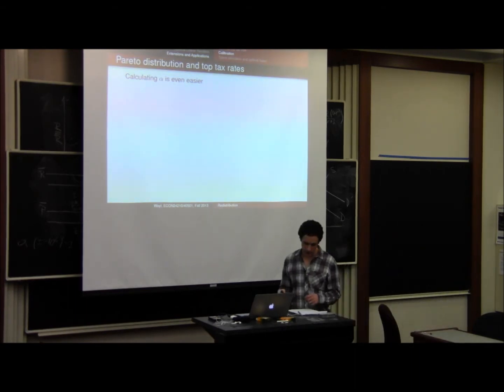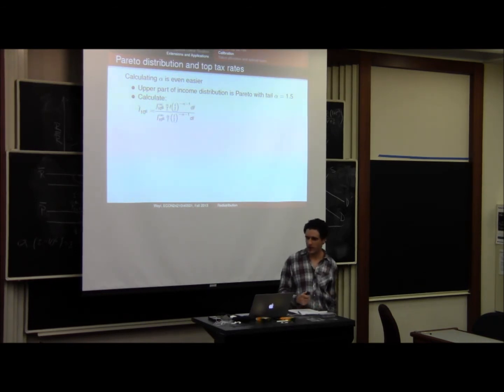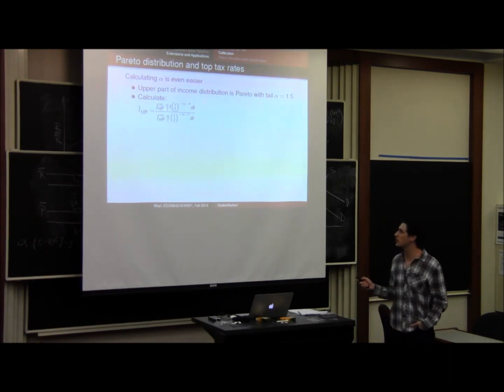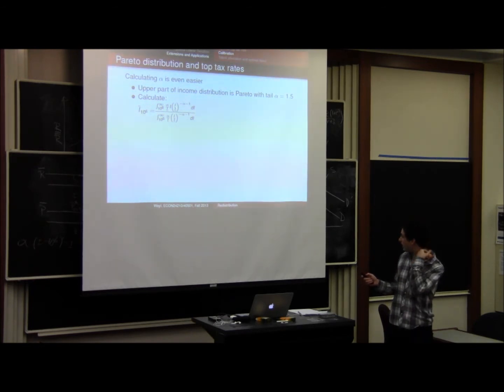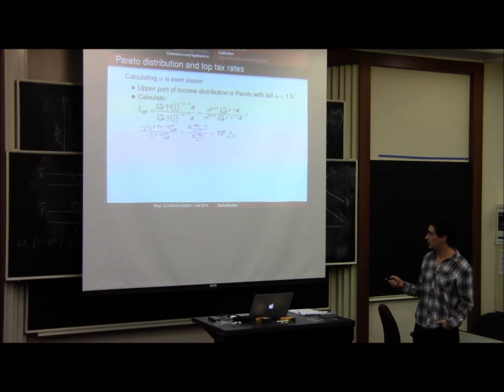Now calculating alpha is actually even easier, because this turns out to correspond precisely to the alpha in the Pareto tail. To calculate that, you can just take the integral in the Pareto tail of the amount of income above 10 to the 6th, conditional on being there, divided by the total mass above that. And you just do some integration, which I won't go through in too much detail, using the power law, and you get very quickly that I bar sub 10 to the 6th is 10 to the 6th times alpha over